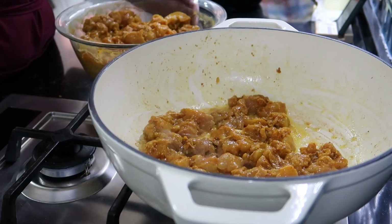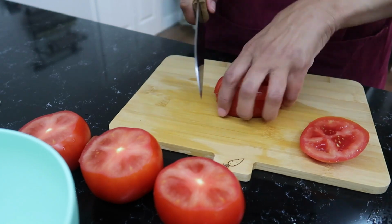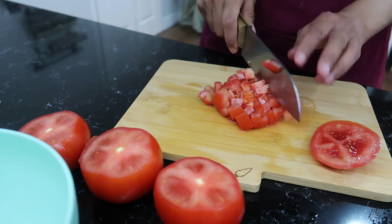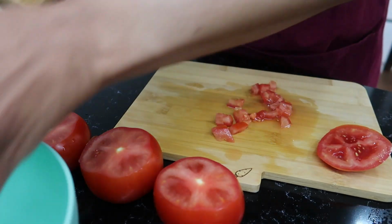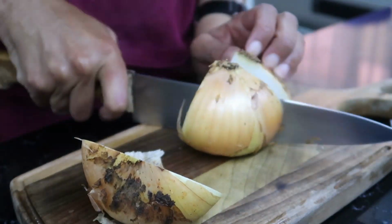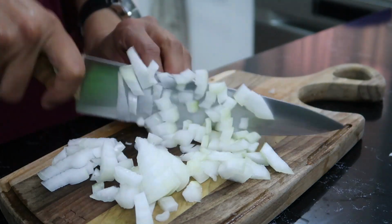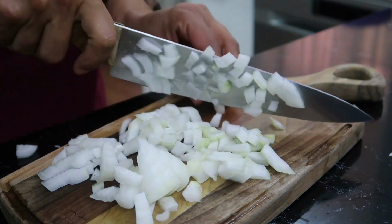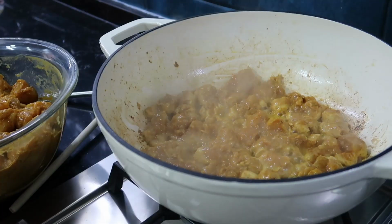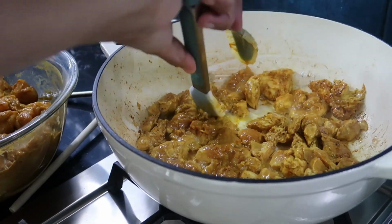Okay, now in between cooking my batches of chicken, I like to cut up my other ingredients, which includes tomatoes. You guys, we're going to need 6 small to medium tomatoes, and you're also going to need purple onion. Now I have cooked this recipe with a yellow onion, aka brown onion, and I have cooked it with a purple onion, aka red onion. It doesn't matter, the recipe is still phenomenal. Either works. I can hardly ever find red onions depending on the season here, and I always want tikka masala. So if you decide to use the other onion, it's just fine,